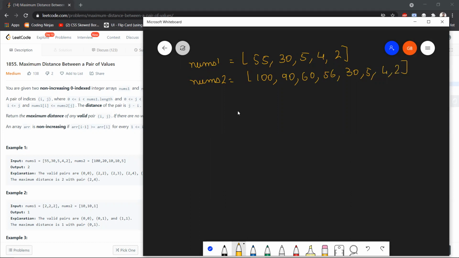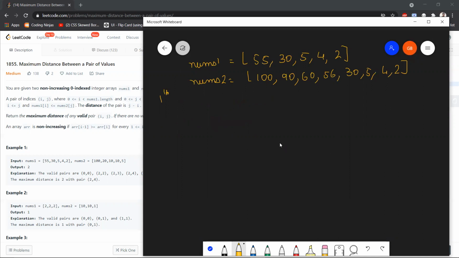So actually, we can do this question in two ways. I'm going to briefly explain the first one, which is using binary search. And I'm also going to explain to you the second way, which is a two-pointer approach. I like the two-pointer approach much more than the binary search one because this relies on an external function and the other does not. So let's understand both the ways.